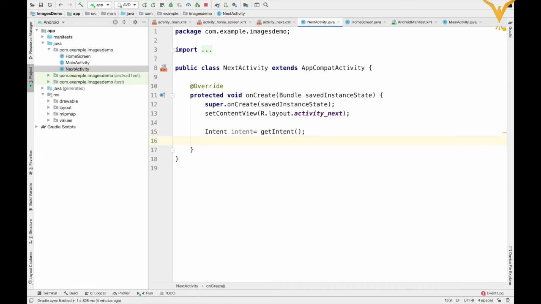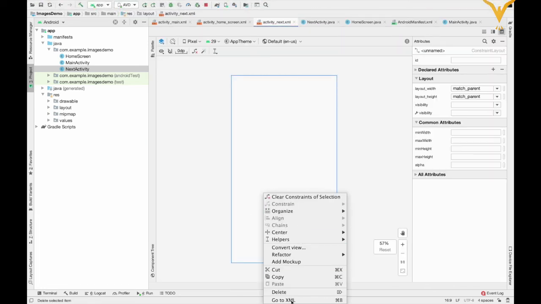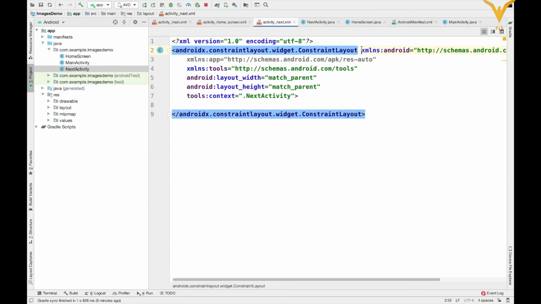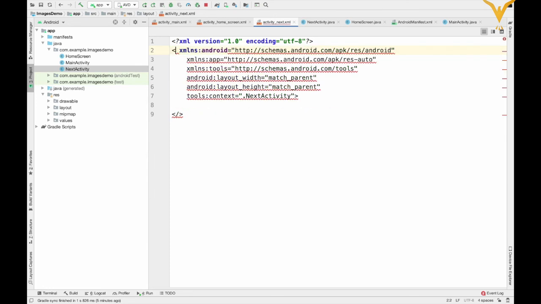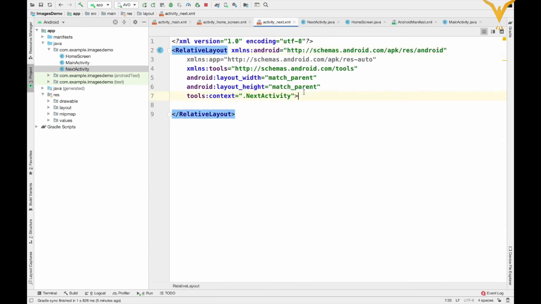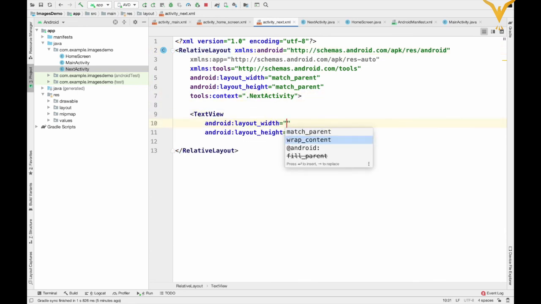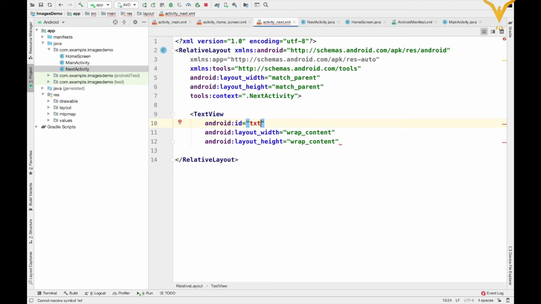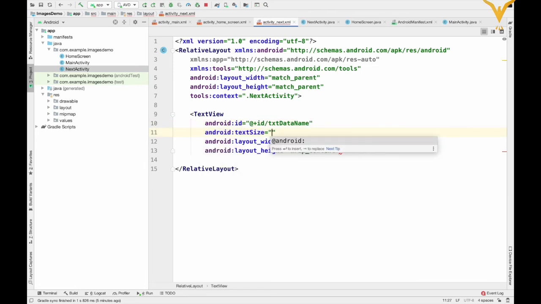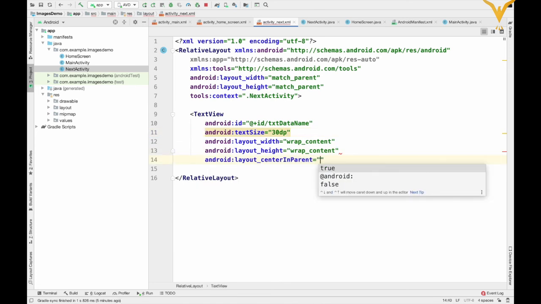Now let's create one text view, change it to relative layout, add one text view, wrap content, id txt data name, then size 30 dp, center in parent true. I think these attributes are sufficient.